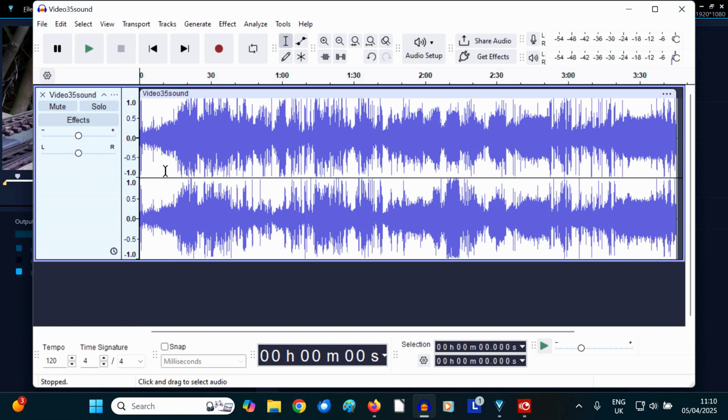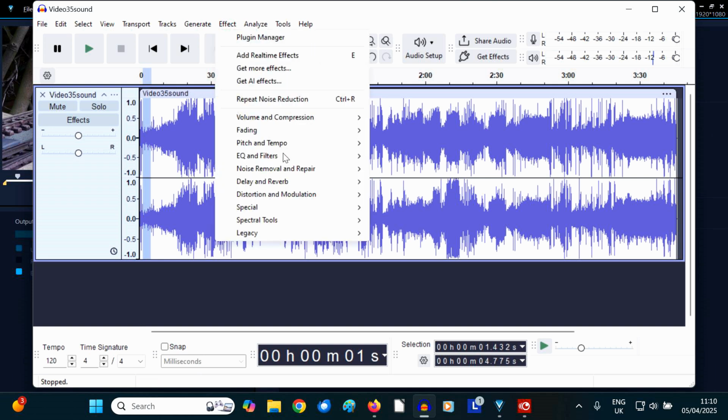Okay. Now the first thing that you need to do is identify a section of the sound that you want to remove. So it was right at the beginning here where we didn't have the sound of the loco, we just had that booming in the microphone. So that little bit there, let's just play that. Yeah, that's enough. If I now go to Effect and down to Noise Removal and Repair and Noise Reduction,